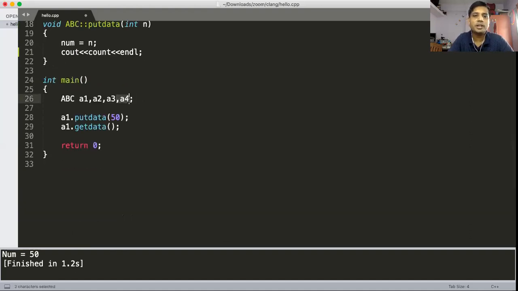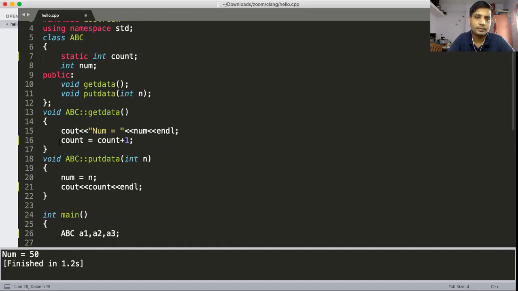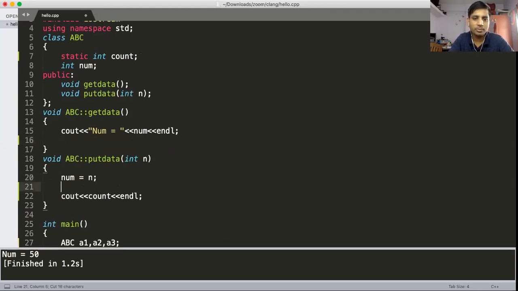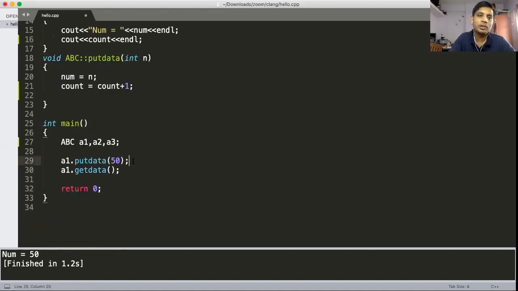Here three objects are there: a1, a2, a3. For assigning I'm putting count plus plus, and for getting I'm printing that value.